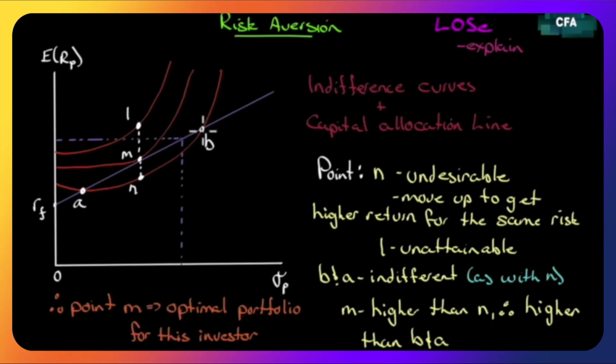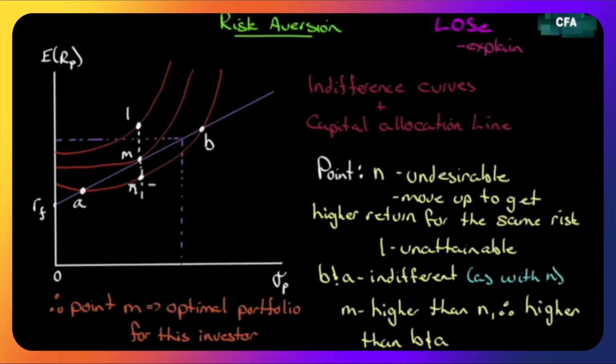We know that the slope of the line is the market price of risk. And we see that one indifference curve is just tangent to that line. But we have indifference curves that cross the capital allocation line at different points. One at A, one at B. And then, given a given level of risk, we're just going to look at what happens as we move upwards on the indifference curves and see if we can make some logical statements.